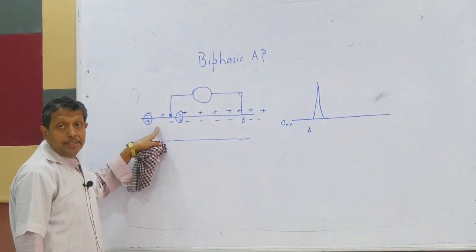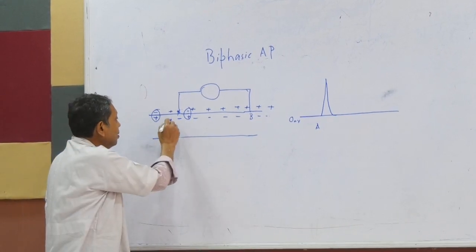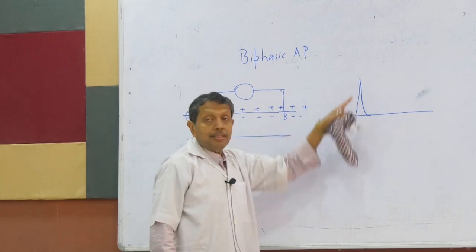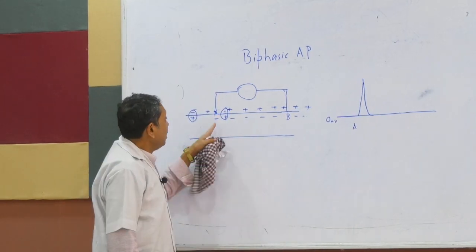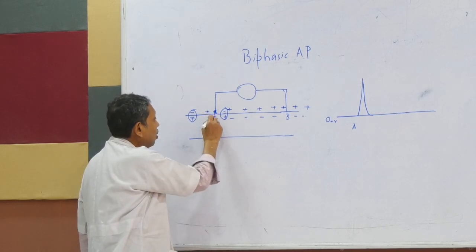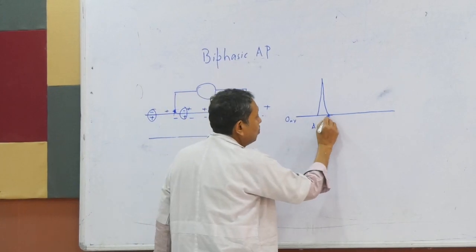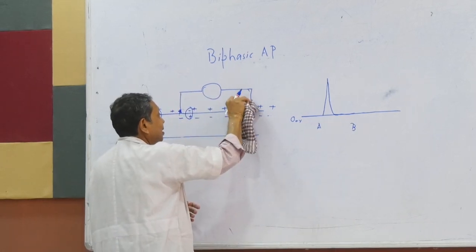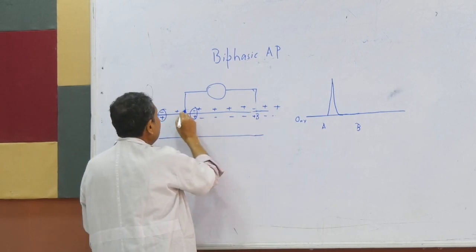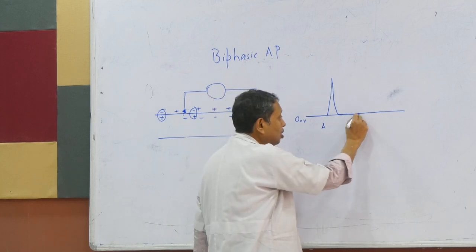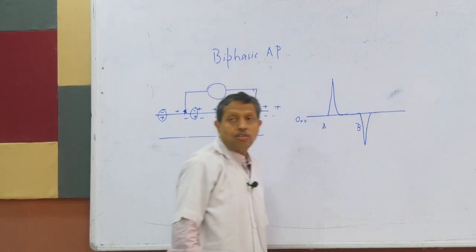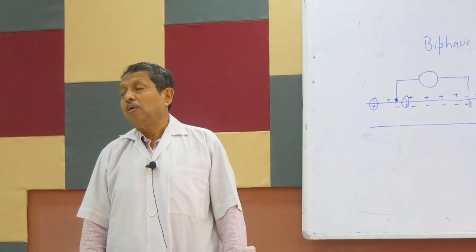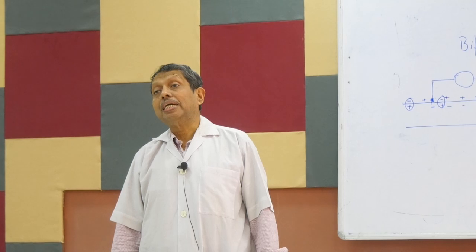When this repolarization wave is reaching this point A, then the polarity of A is different from B, and there is the membrane potential and there is action potential. When it is in between, then there is no difference between them, and so it will follow the isoelectric line, zero line. When it is at the distant point B, in that case it is negative and the other is positive, so it is in the reverse direction. It is happening in this way. There are two action potentials and different polarity. It is called biphasic action potential. In case of a single action potential,